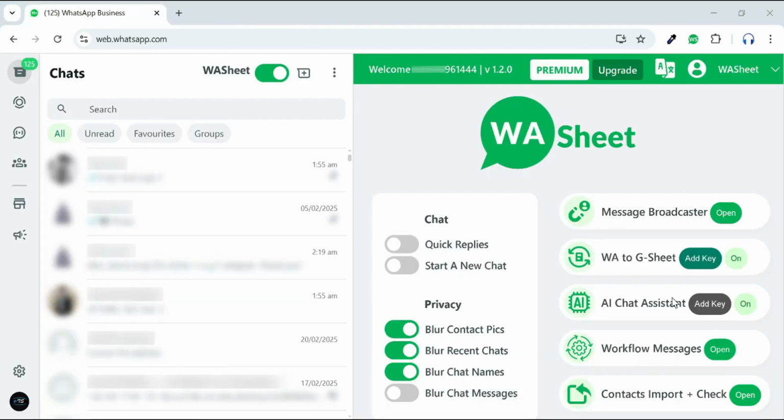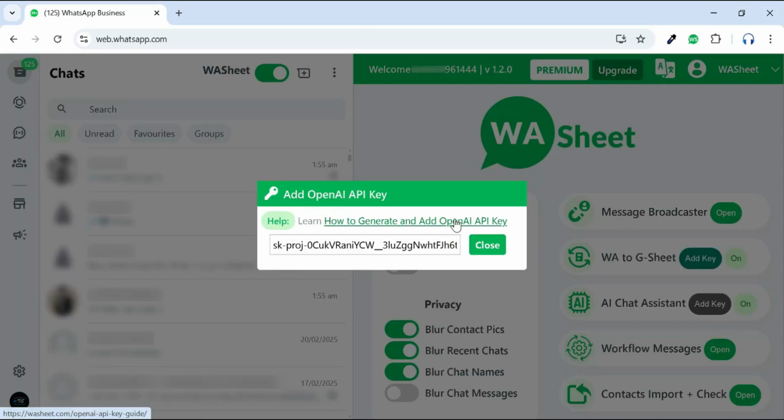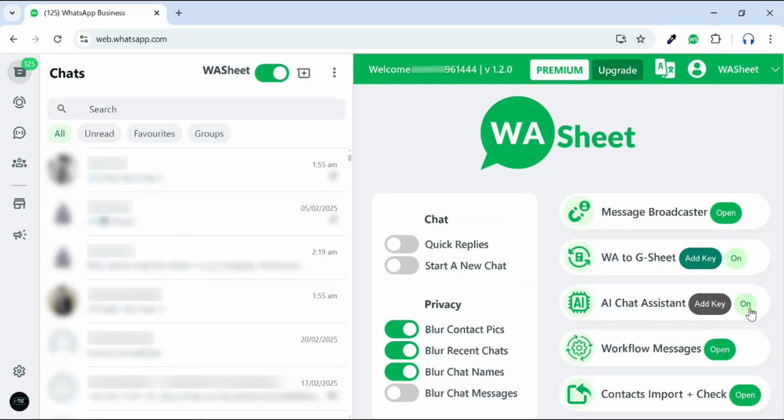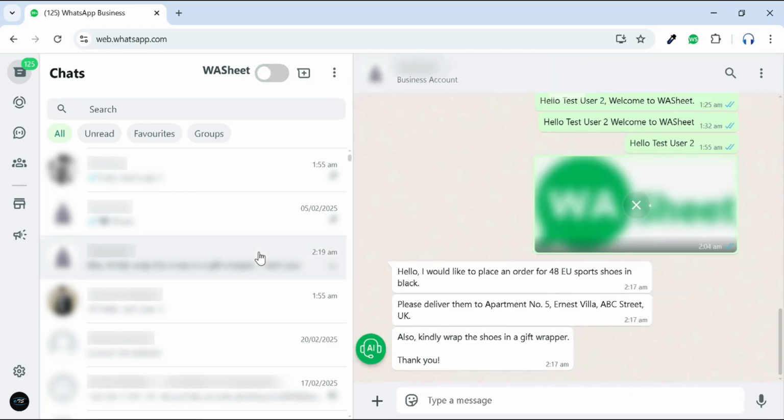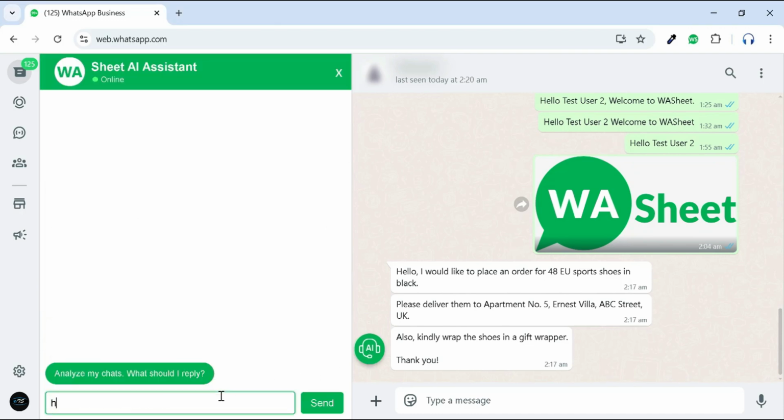To activate the AI Chat Assistant feature, you need to generate and add an OpenAI API key. Click on this link to learn how to generate and add it. Click on it, then open any chat tab, where you'll see the AI Chat button at the bottom left. Click to open it. Here, you can ask anything or use the Analyze My Chat feature, which will analyze your